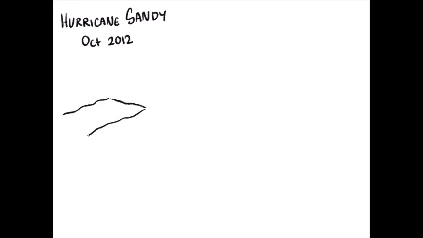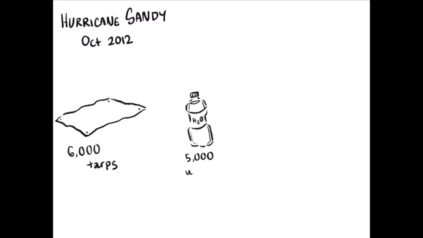The response to Hurricane Sandy showcased different strategies to aid those who suffered from the flooding and heavy winds. In Haiti, 6,000 tarps, 5,000 water containers, and 2,500 hygiene packs were administered throughout the country to assist those impacted by the flooding. In the United States, areas and neighborhoods that were directly in the storm's trajectory had mandatory evacuation. Airlines throughout the northeastern part of the United States were canceled and emergency shelters were prepped for those who were